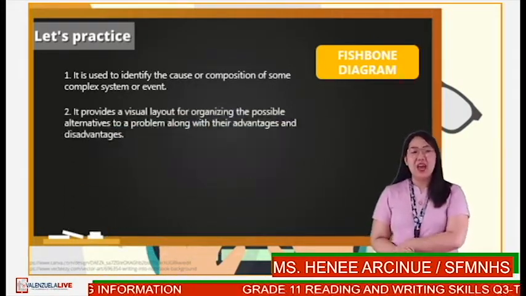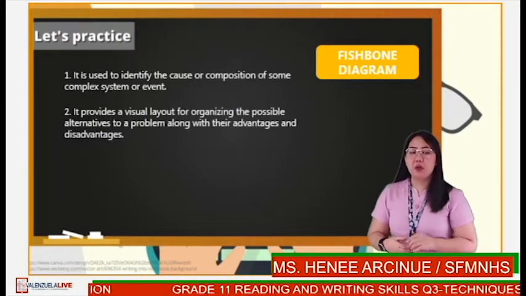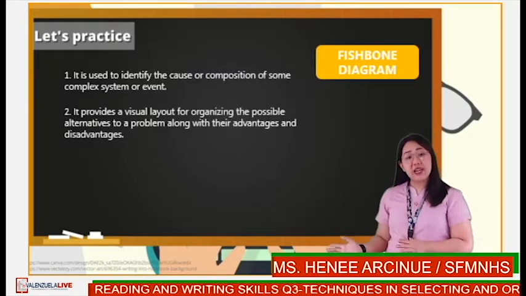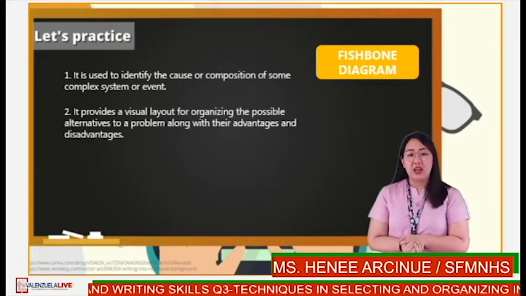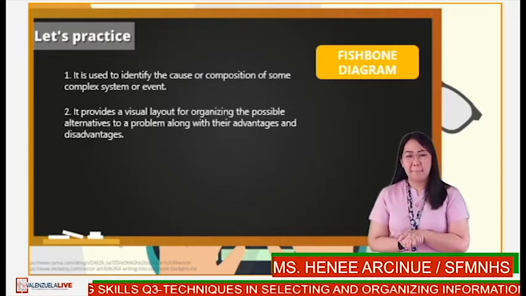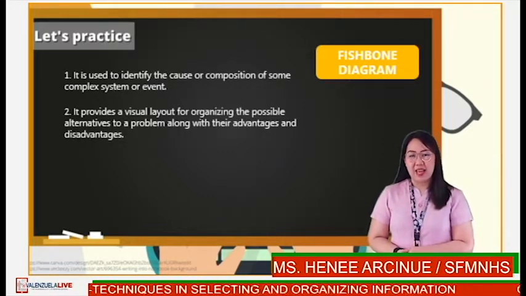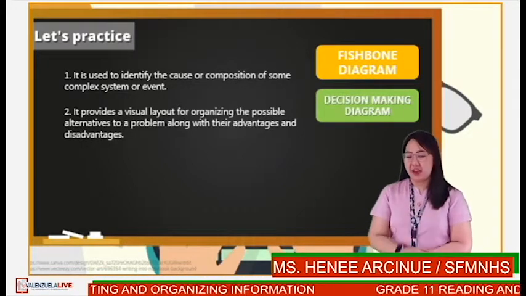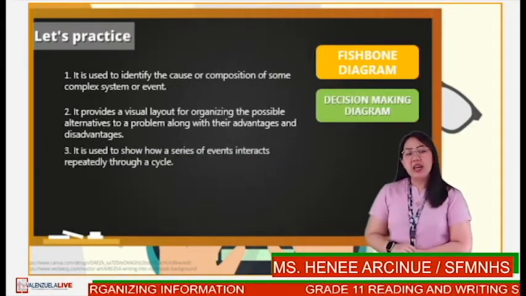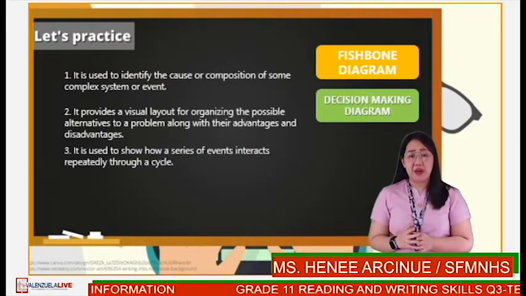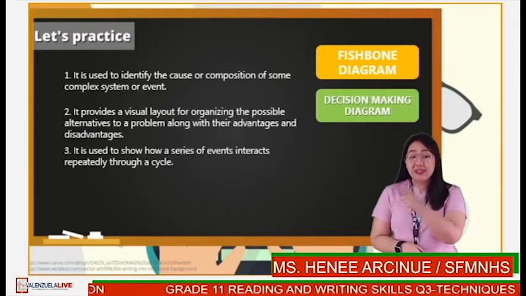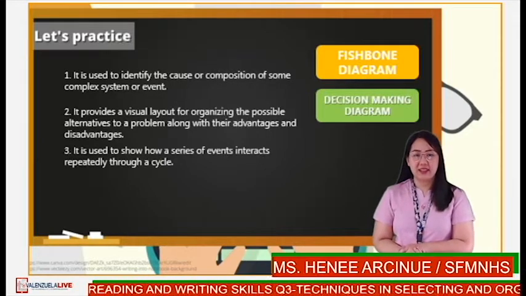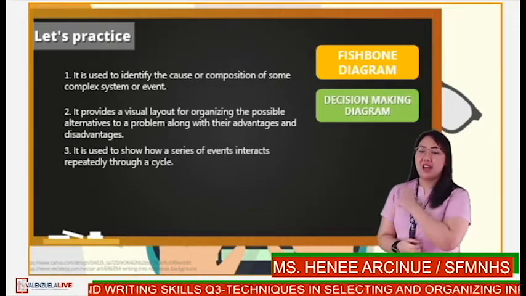Number 2. It provides a visual layout for organizing the possible alternatives to a problem along with their advantages and disadvantages. Comment your answers. Yes, very good. So the answer is decision-making diagram. Number 3. It is used to show how a series of events interacts repeatedly through a cycle. Alright, so the answer is